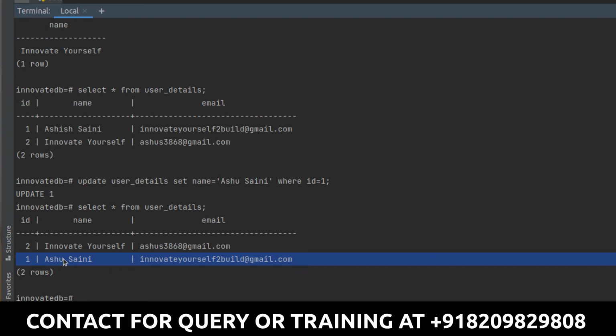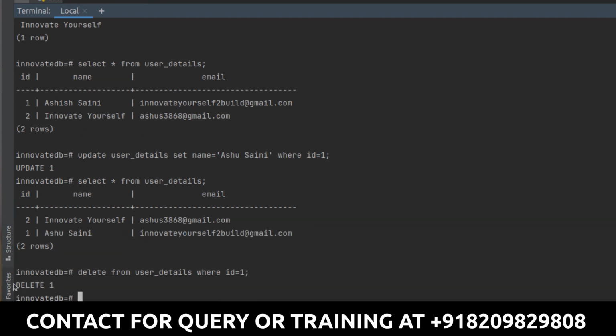I have another query, and that is the DELETE query. So I can use DELETE FROM, where I have to delete it. Delete from user_details. Okay, I have to delete it from user details. What value do I have to delete? I have to delete the data where id equal to 1, because id is the unique data, and based on this id I can remove any of the data one by one, right? So that's up to me. This is the way I can delete the data. Now press enter. Now you will see delete 1.